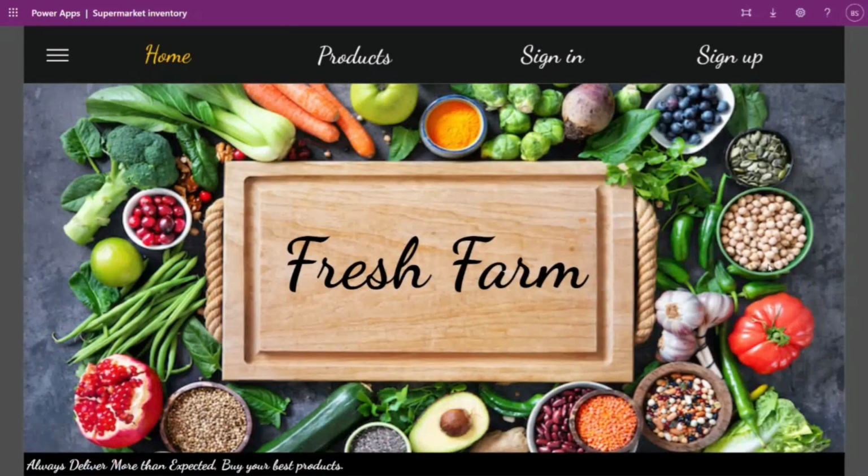Here is my project Fresh Farm, which is like e-commerce. If the customer wants to purchase some grocery items in Fresh Farm, first he needs to have an account in Fresh Farm. They can only have access to purchase products. Here is the menu.